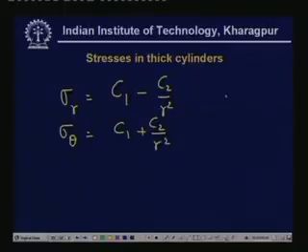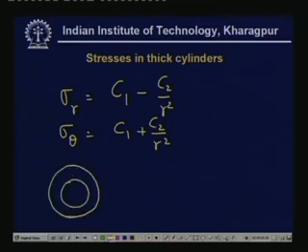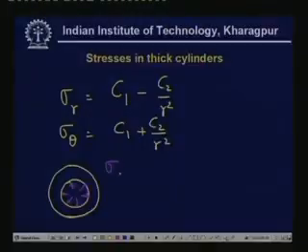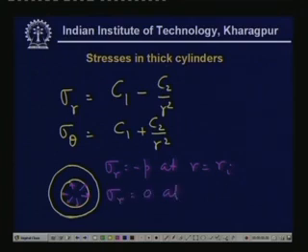Now, what are the boundary conditions? In this case, where the cylinder is subjected to internal pressure, then of course, the boundary condition is that sigma r is equal to minus p at r equal to ri, the inner radius, and sigma r is 0 at r equal to r0. So, therefore, if we use this expression